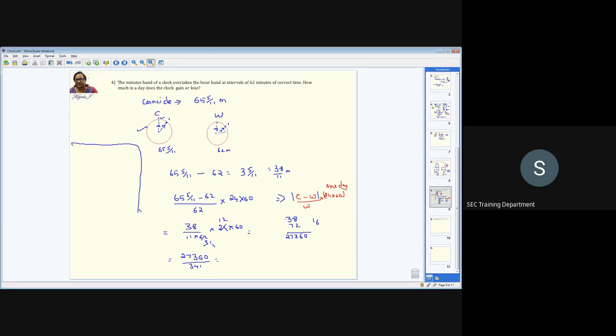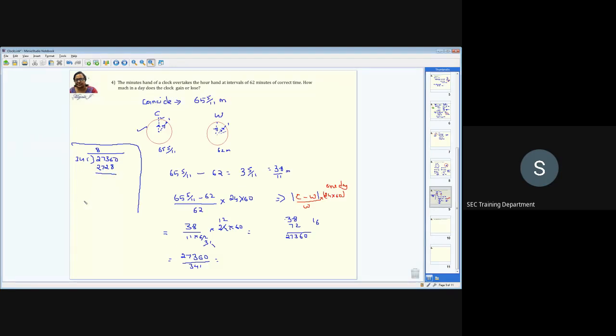Because if I go to the next page, again I have to write the whole thing. So 341 divided into 27360. How many times will this go? You approximately consider this as like 300. And if this is 300, then we'll consider this 273 will not go. If you consider this 2740, it's going to be like 8 times, right? 300 times 8 is 2400. So 8 into 1 is 8. 8 4 32, 3. 8 3 24 plus 3 is 27. Exactly, we are getting it.